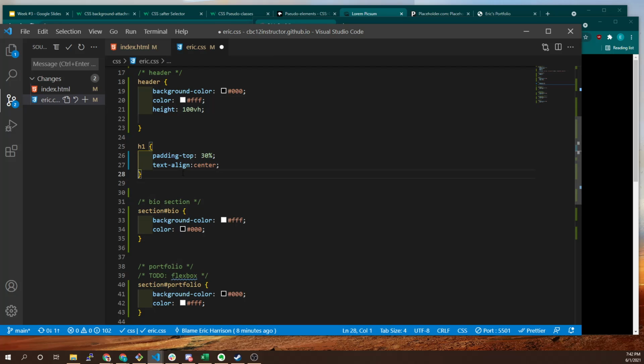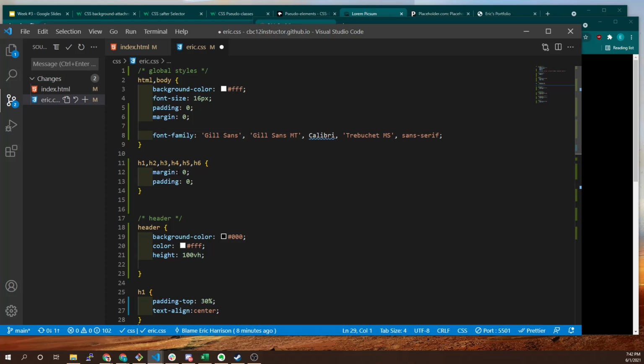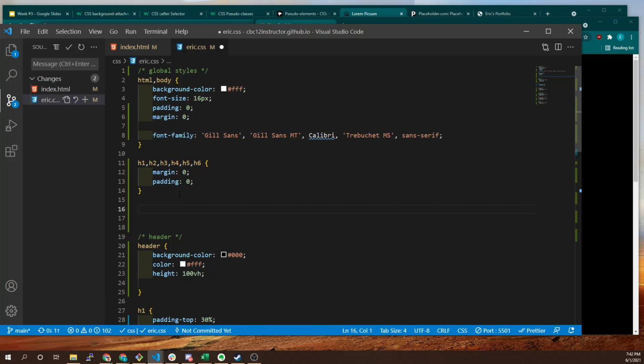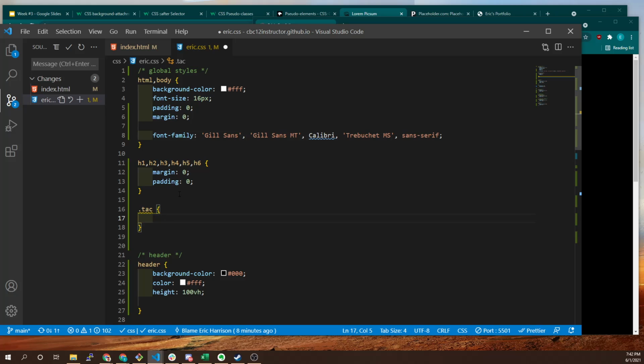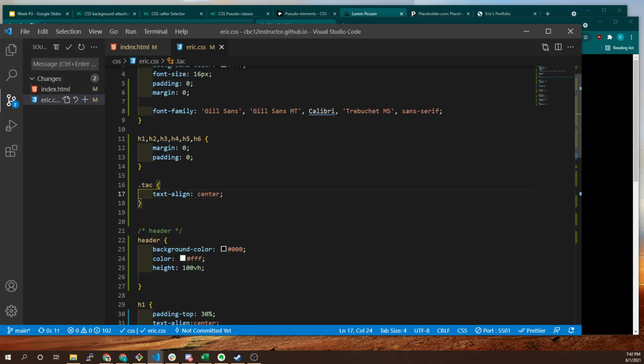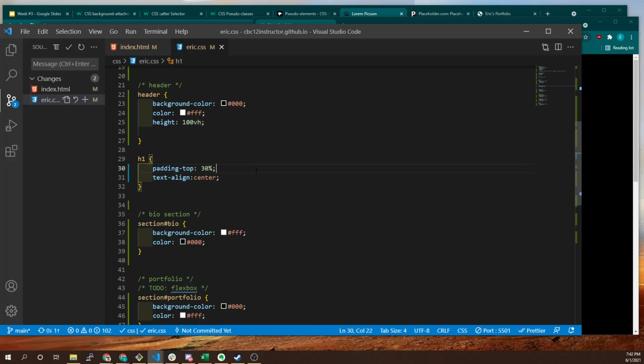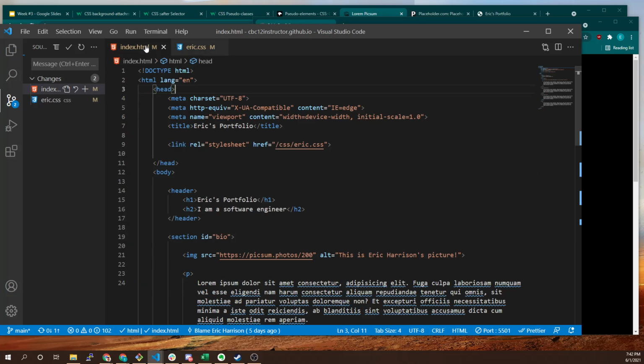And here's what we can do, right? Because we want to use text align center on both, I have a couple different options here. I might want to just give myself a global style that says dot TAC, right? Maybe that's shorthand for text align center. I'm going to come in and say text align center, right? And so now rather than defining it in an H1 here and wanting to do it in an H2, I would just come through here and delete this and come in here and say